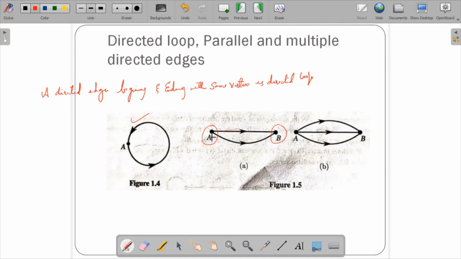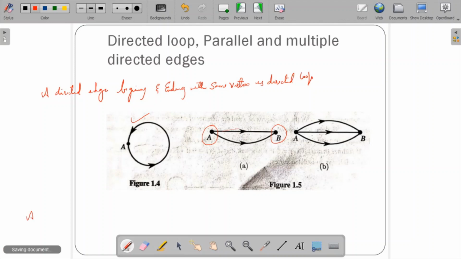Digraph means there should be a direction within the graph, and it will have more than one edge which begins with the same vertex and ends with the same vertex.